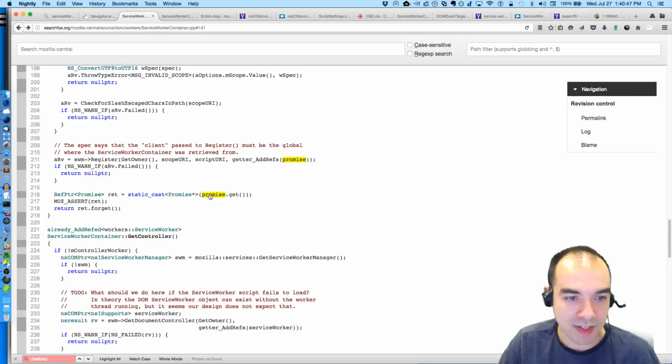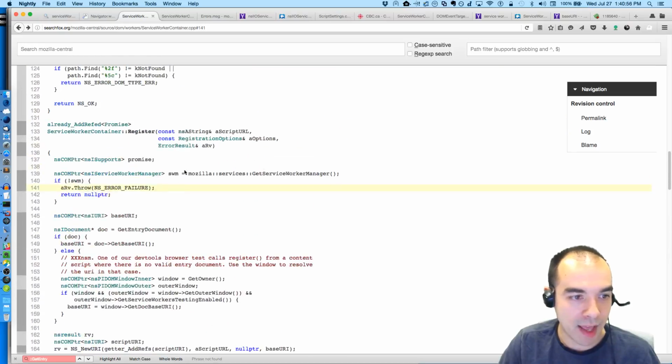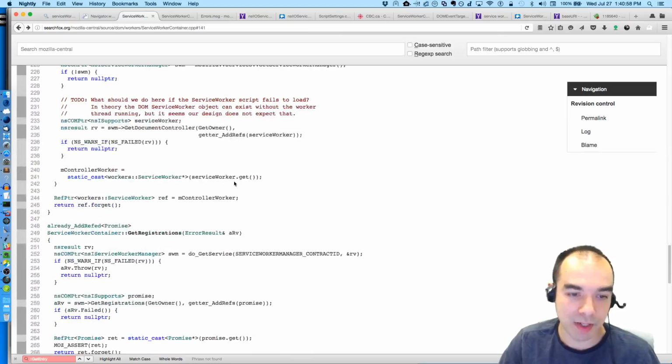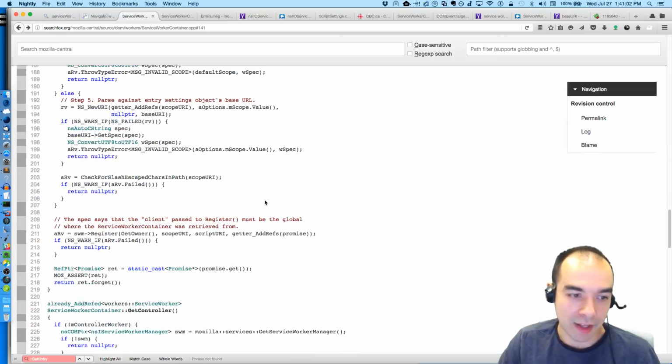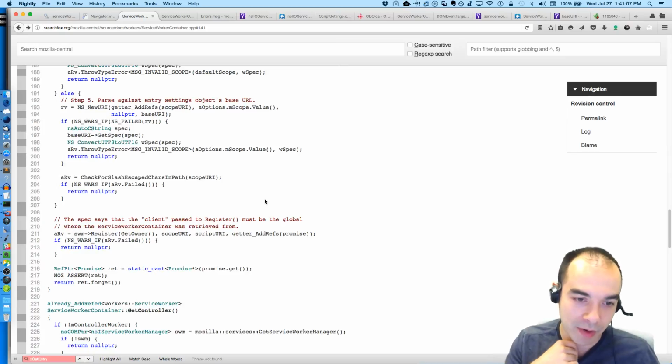So presumably this is not a promise pointer, it's something else. What is it? It's an nsISupports. That's what it is. So an nsISupports could be anything. It's anything that implements an XPCOM interface.